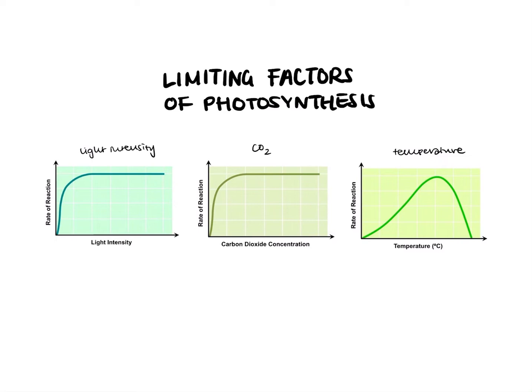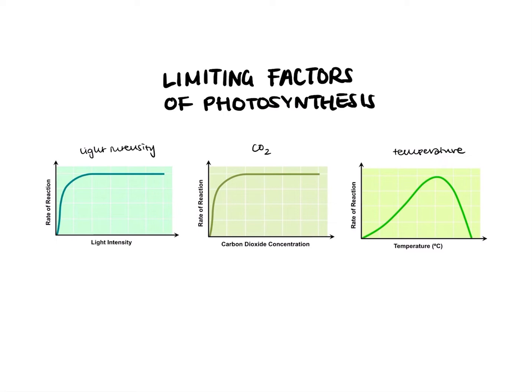So I'll first start off with light intensity. At low light intensities, the rate of photolysis, and therefore the production of oxygen, is limited by the amount of light absorbed. Photolysis essentially splits water into oxygen and other products. And as the light energy is used for the production of ATP and high energy electrons, which are both needed for the conversion of carbon dioxide into glucose, low light intensities limit the production of this sugar, so glucose, and